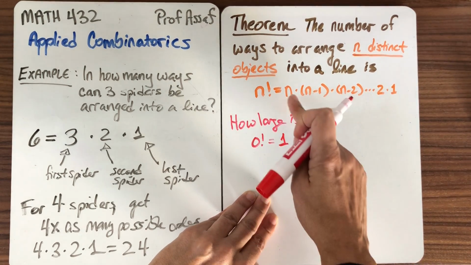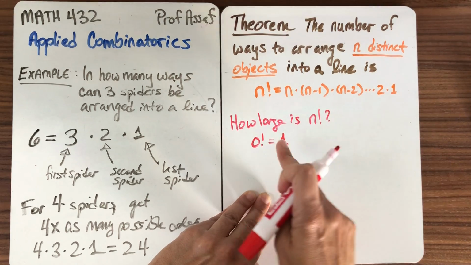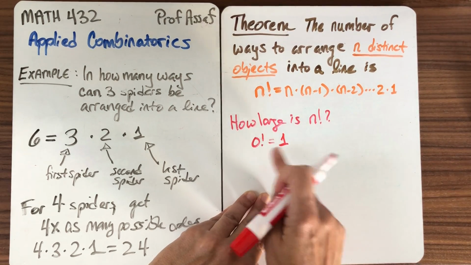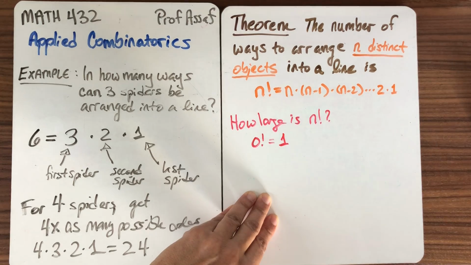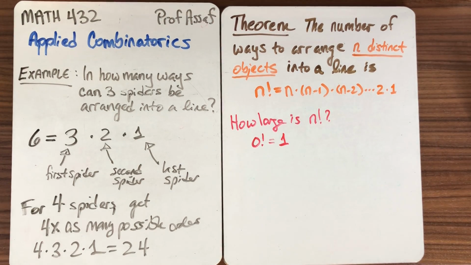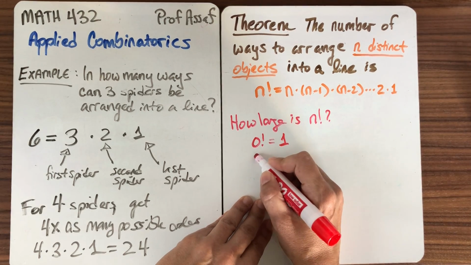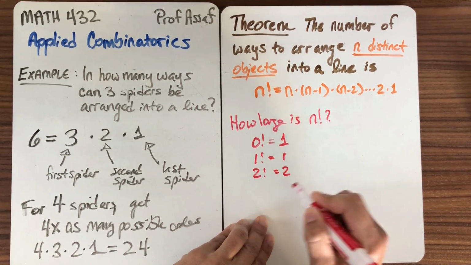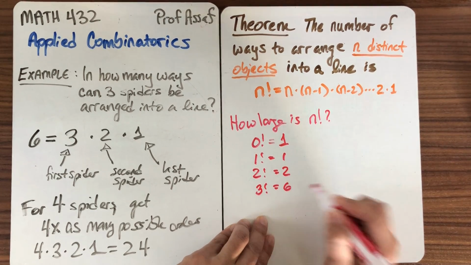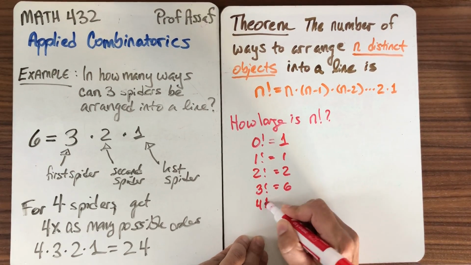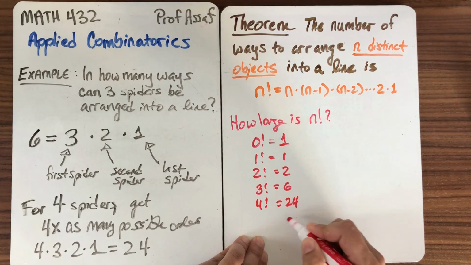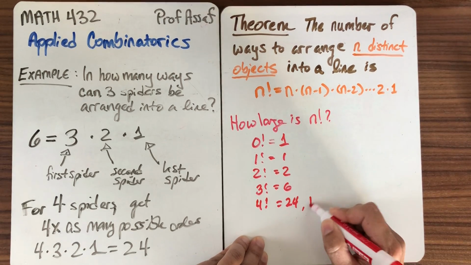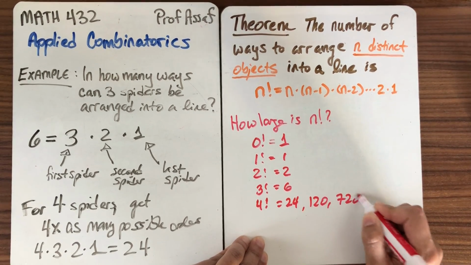Another way to think of this is a product of n terms. So 0 factorial will be a product of 0 terms. So it's the empty product, and the empty product is going to be the multiplicative unit, which is going to be 1. Okay, 1 factorial is, of course, 1. 2 factorial is 2. 3 factorial is where it starts to get interesting. 4 factorial we just saw is 24. And then the numbers are going to continue. After 24, we get 120, 720,